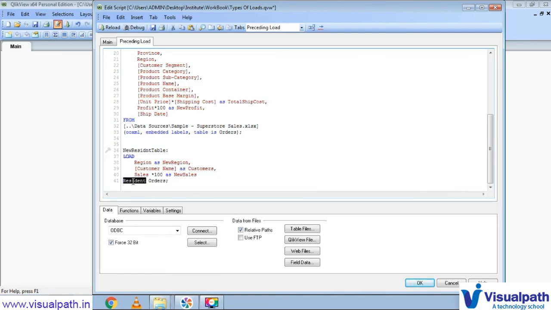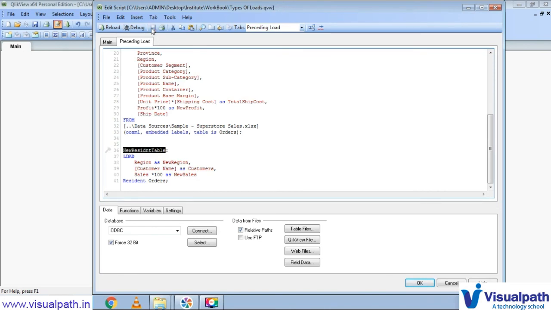This is the function. It says the orders table is residing in our database, and from this orders table we take the region field, customer name field and sales field and do our manipulation or calculation. Then we are storing all these new fields. So these 3 new fields will be stored in our new resident table. This is another table we are creating.